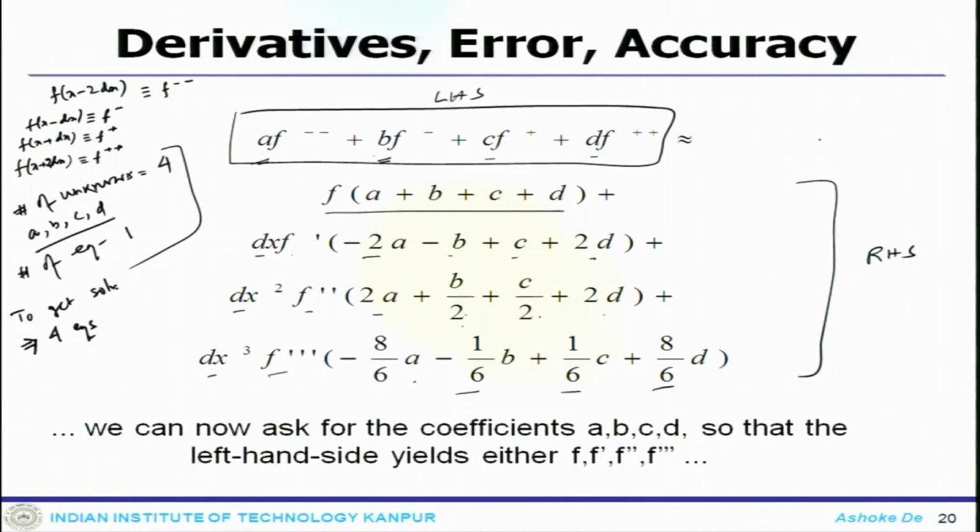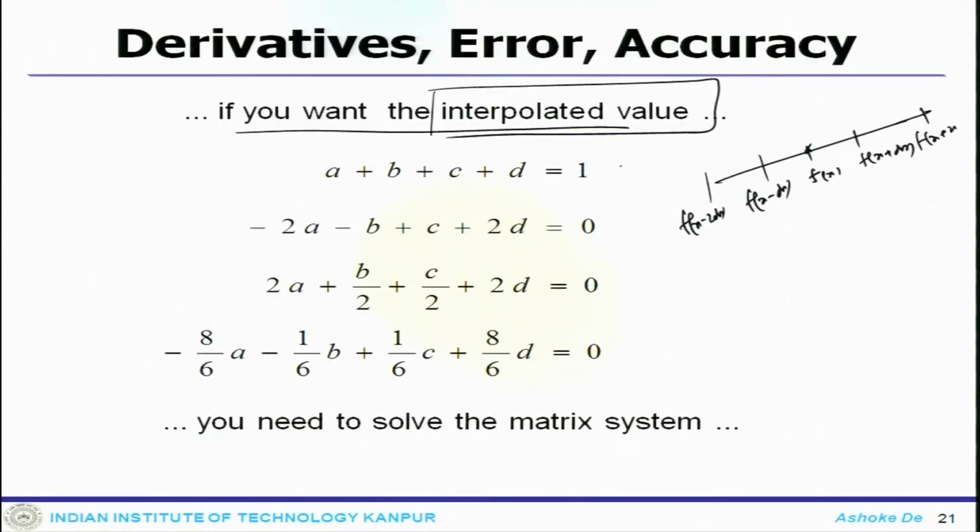If that is the case, the left hand side will be there and on the right hand side, a plus b plus c plus d should be 1, because I want only the interpolated value. Any other derivatives which belong to this right hand side must be 0. That means a plus b plus c plus d should be 1,